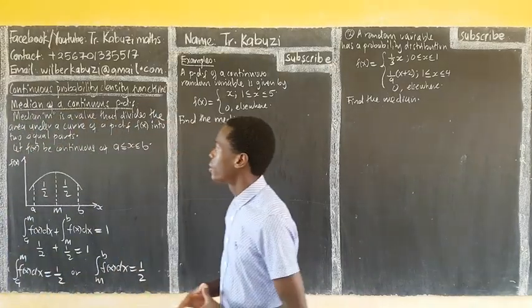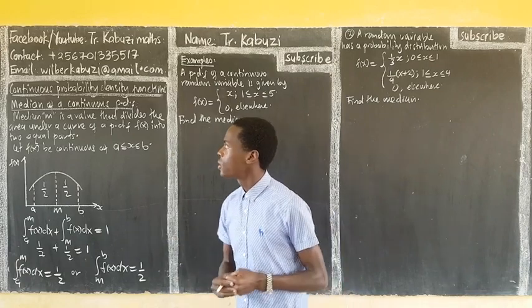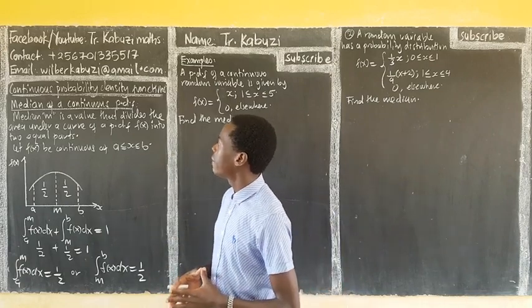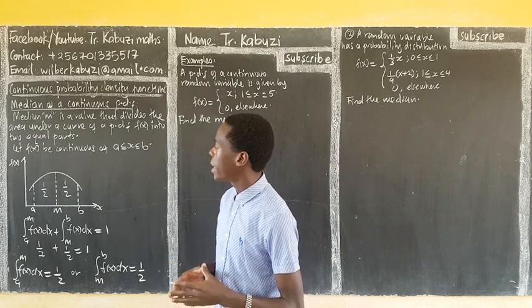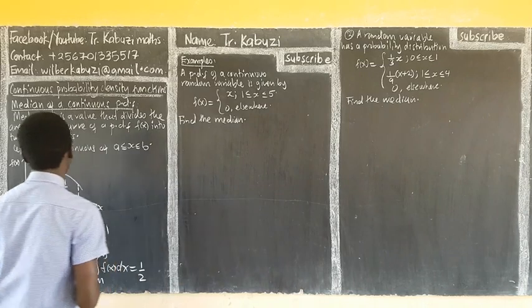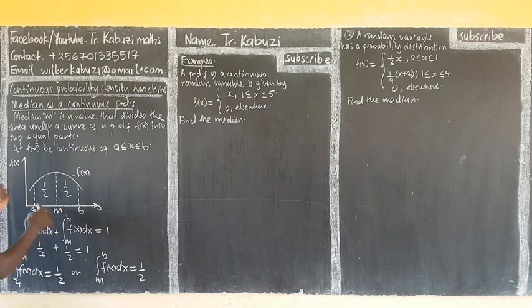Now members, we are going to see how we get the median of a continuous PDF. A median, M, is a value that divides the area under the PDF into two equal parts. So if this is our f of x, the area under this curve, f of x, if we get a value that divides it into two equal parts, remember the whole area under the PDF, say it's